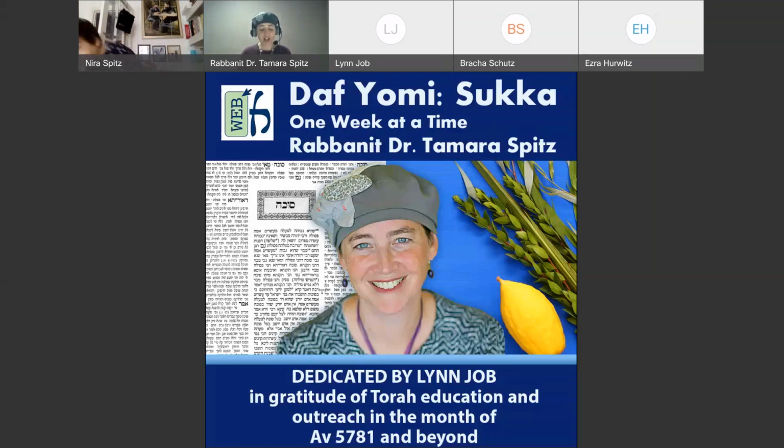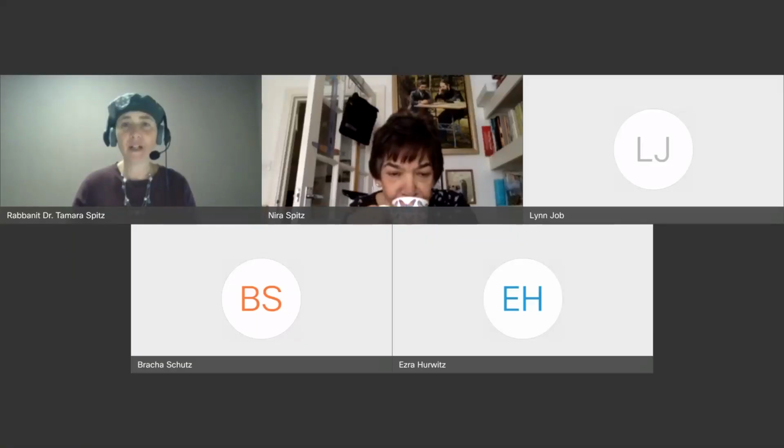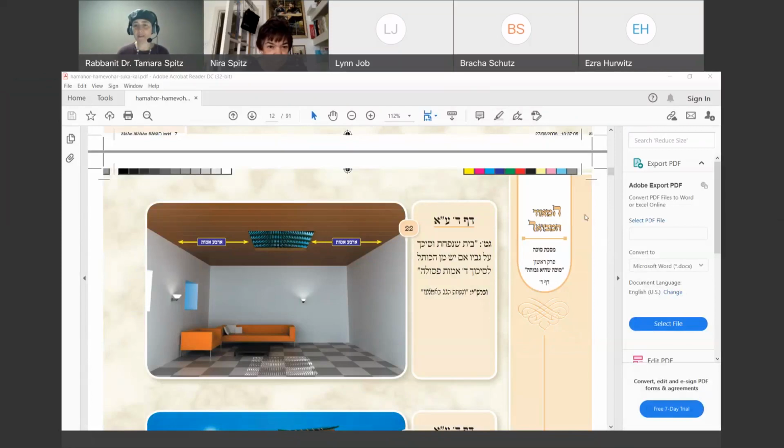We are actually on Daf 4, Daf Dalid, and I'm going to share my screen with you again. If you remember our pictures from last night, I'm going to open up my chat box if anybody wants to talk to me. So yesterday we were in the middle of talking about different dimensions for the Sukkah, and exactly when we